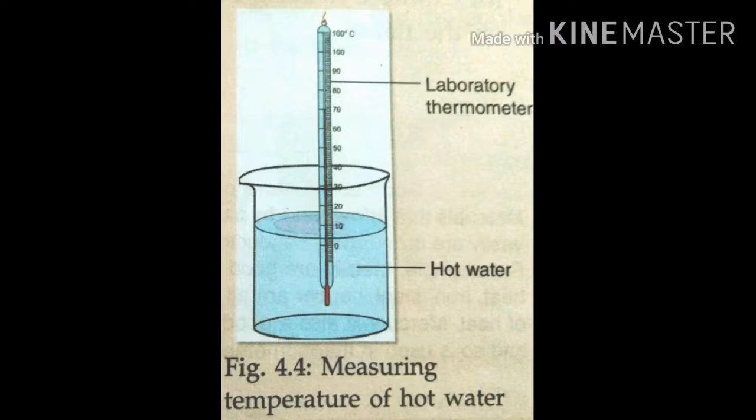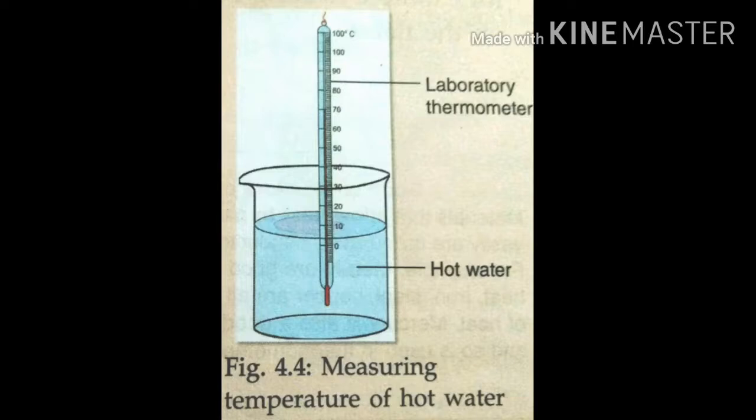We will see the shining thread of mercury moving up in the thermometer tube. After some time, the mercury thread will stop rising and stand at one place. So, wait till the mercury thread becomes steady. Then, read the temperature on the thermometer tube which corresponds to the top of the mercury thread. This will give us the temperature of hot water.